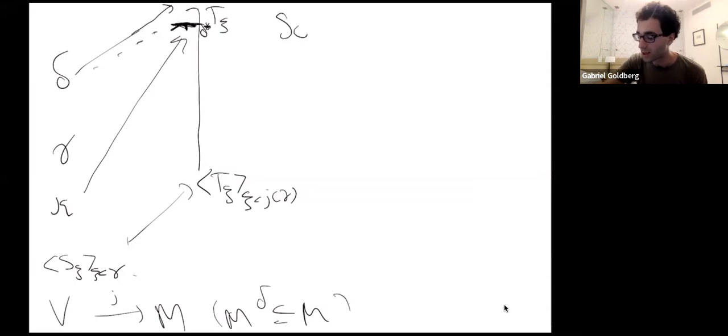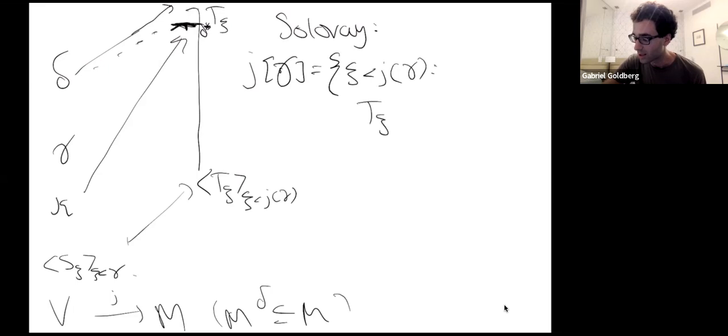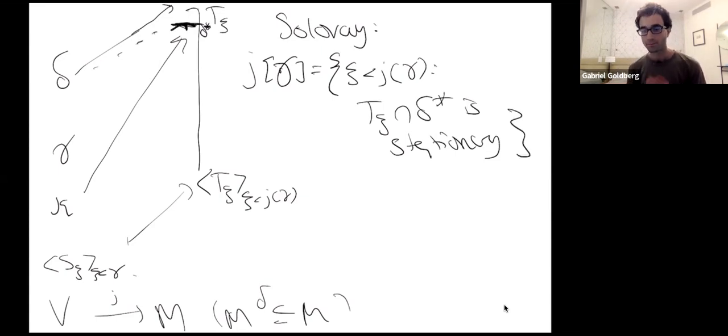So Solovay's lemma tells us that j image gamma is equal to the set of all xi less than j of gamma such that T sub xi intersect delta star is stationary in delta star. But the thing is, since M to the delta is contained in M, M is correct about what subsets of delta star are stationary. It's because the stationarity in an ordinal delta star of cofinality delta only depends on